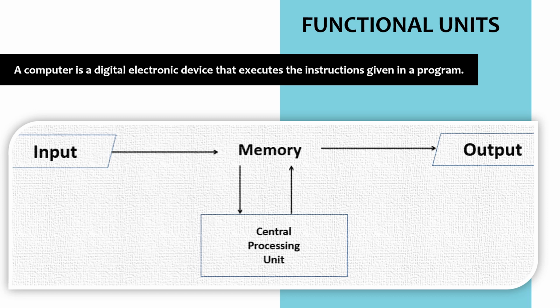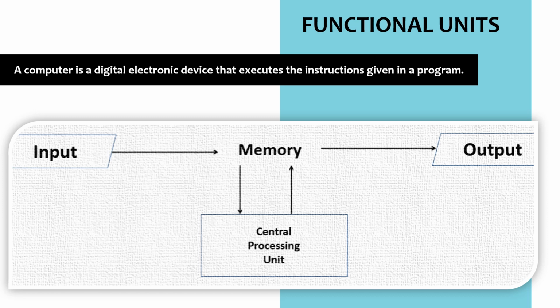All are storage devices, but all have a different task, right? Hard disk is for permanent storage, RAM is for temporary storage, and a pen drive is to move the data, to transfer the data from device to device. So this is about the memory, and this structure we also call a digital computer organization.